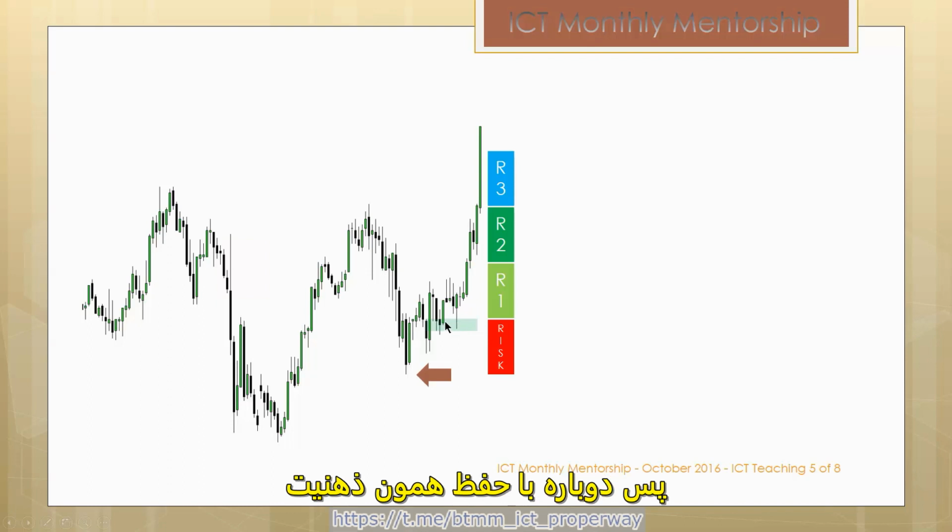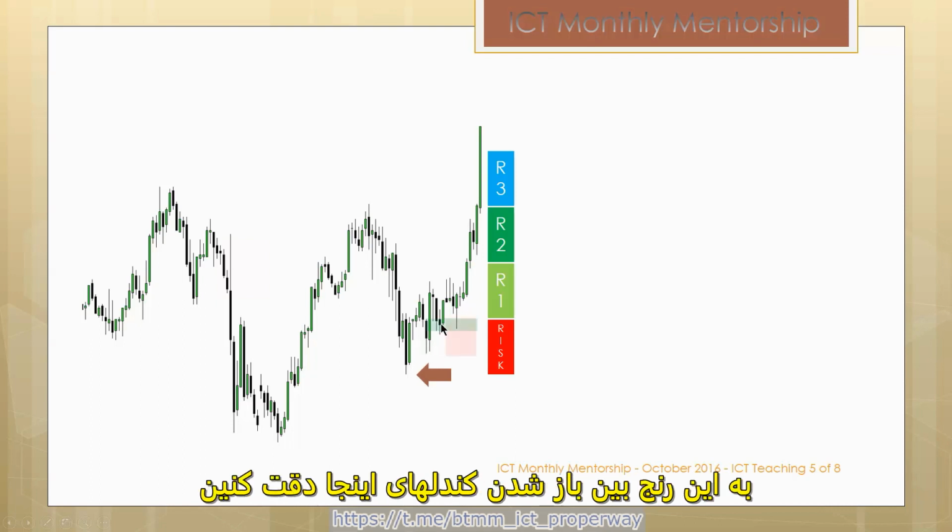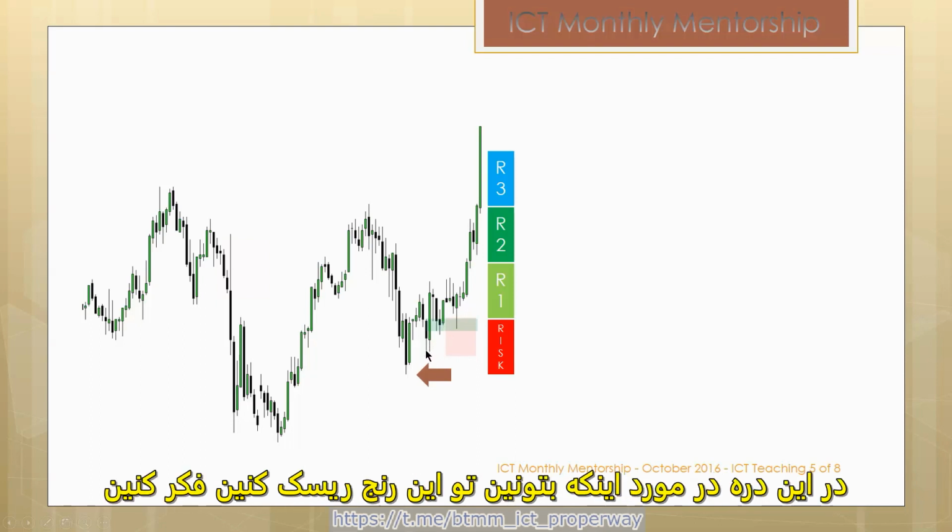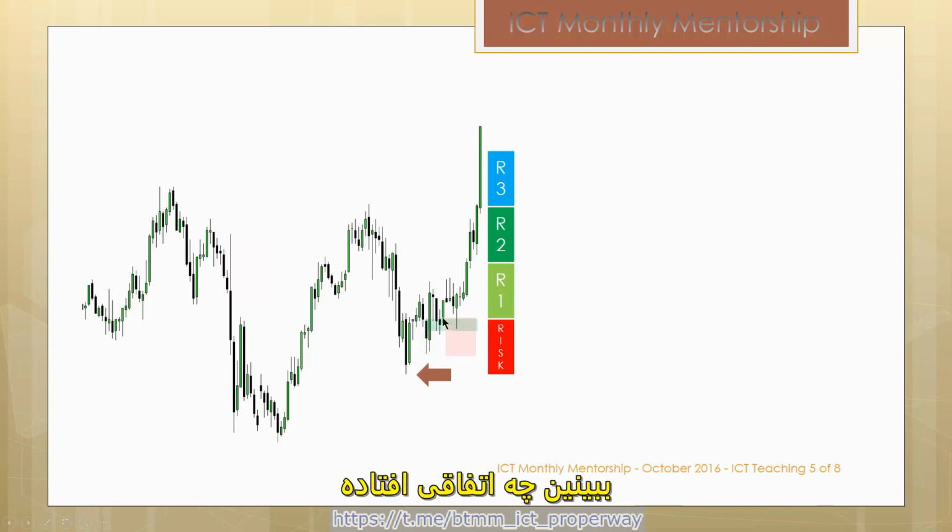So again, with that same mindset, if we were using an entry on this basis, the stop would have to be below this low. Now look at the range between this candle's opening right here and this low. Think about that in terms of the range. That would be your risk. Okay? Watch what happens. There's 1/2 of 1%,